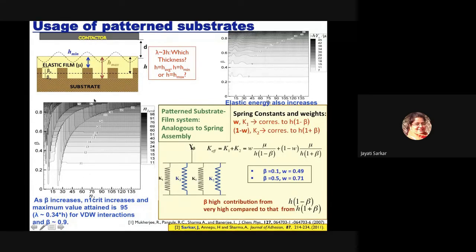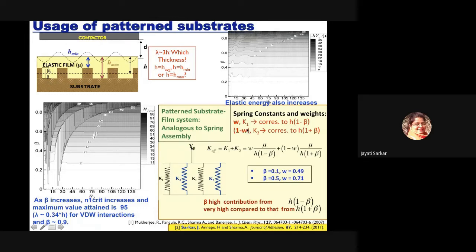in these substrates to be springs of different nature. So these films at different lateral lengths can be considered as springs of different interaction stiffnesses, and you can see over here these springs of different interaction stiffnesses can be considered in parallel, and then the K effective that we considered, we can take a weighted average of these different individual Ks, right? So W is the weightage that is coming from K1, where the thickness is very small, or H, and 1 minus omega is the weightage coming from the film where the thickness is